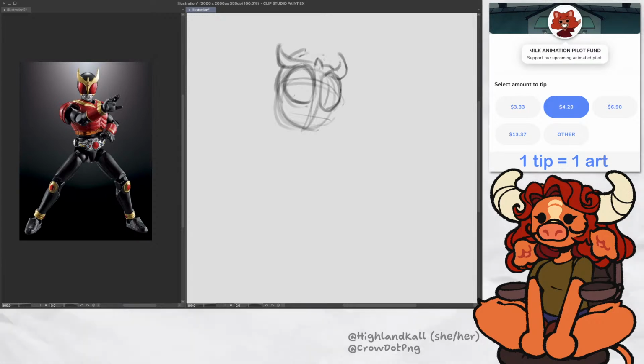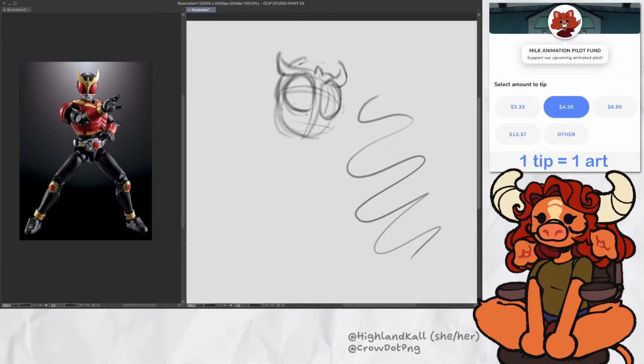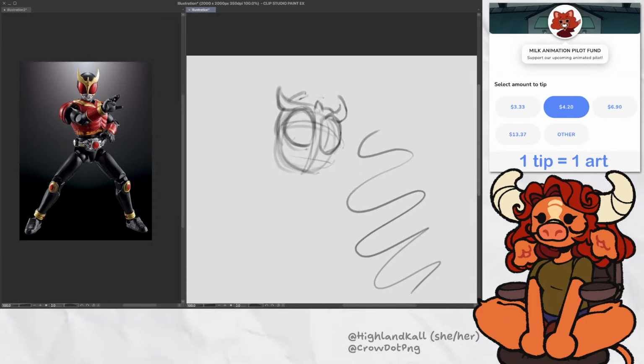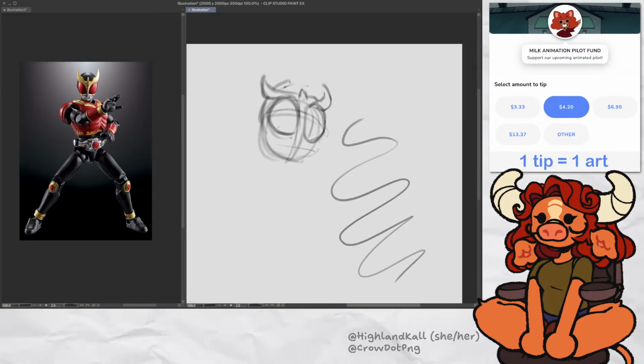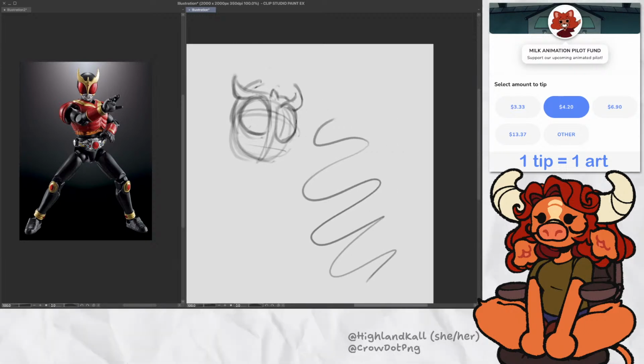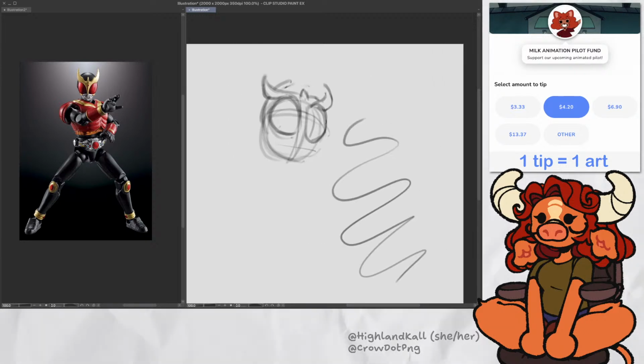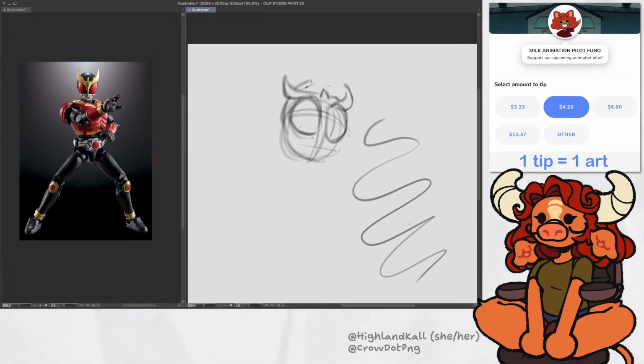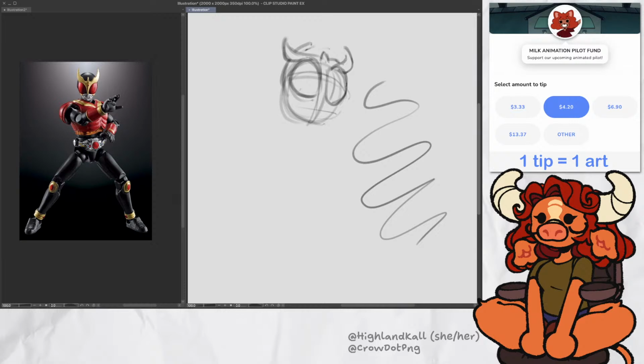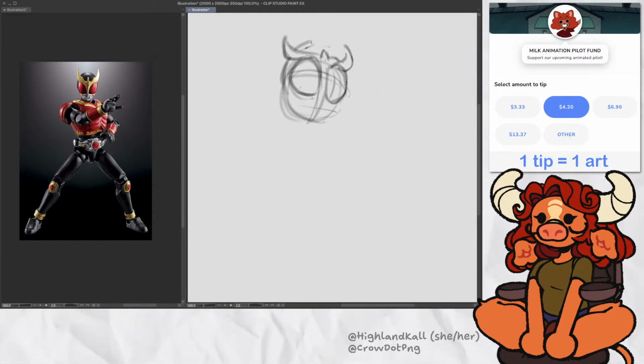Oh, it's doing it again. I think it might just be like that spot on my screen. That's strange. Okay. Let's move it over here. Or let's move the whole window and see if I can get it out of that one messy spot. Here we go.